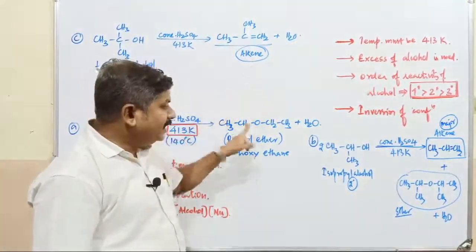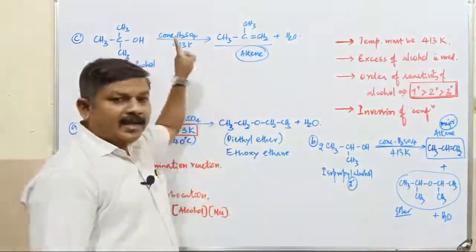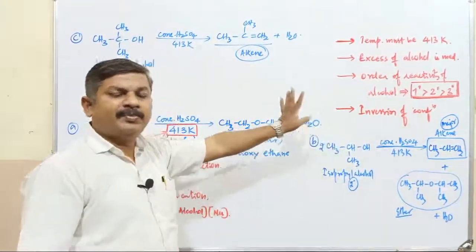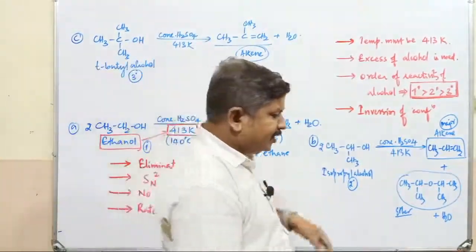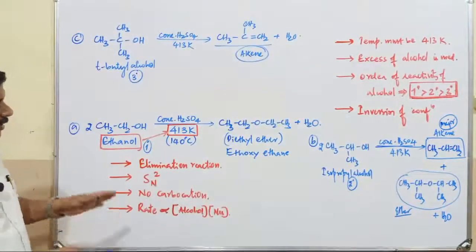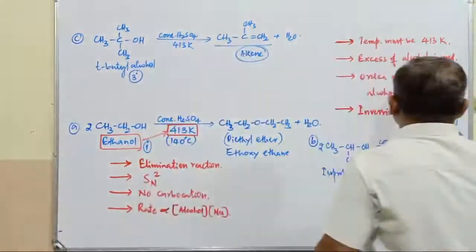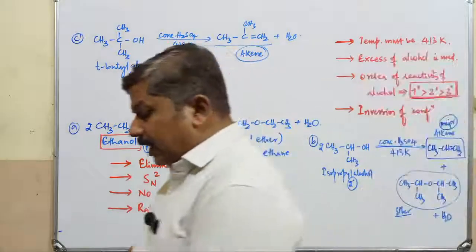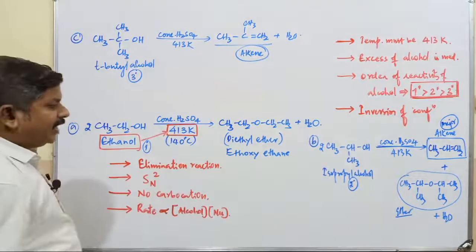So to prepare an ether compound, we have to go with the primary alcohol only, but not secondary alcohol and tertiary alcohol. If you use secondary alcohol, both products are obtained, but alkene is the major product. And in case of tertiary alcohols, no question of ether, only formation of alkene takes place. So this is the difference between primary, secondary and tertiary alcohols. Order of reactivity of alcohols towards the formation of ether is primary greater than secondary, which is greater than tertiary alcohols. So this is about preparation of ether from an alcoholic compound.